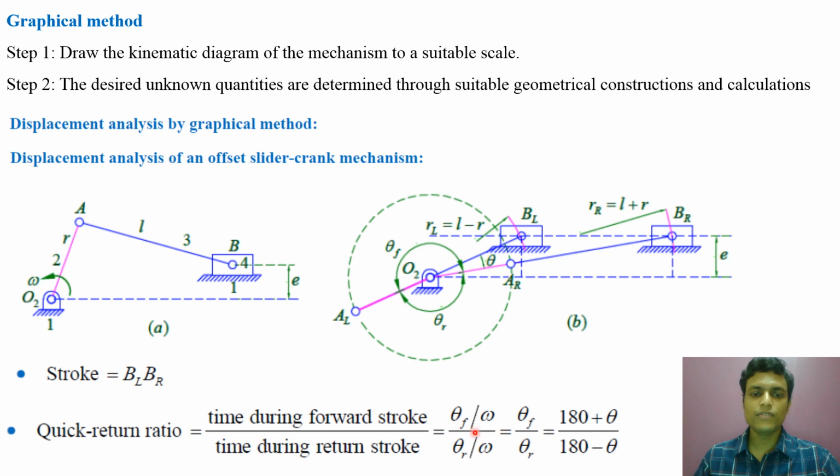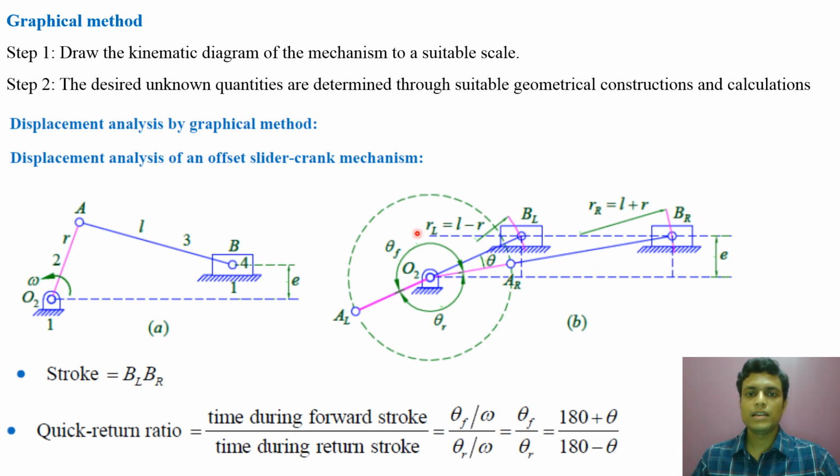So what is the time during forward stroke? The crank moves by an angle theta F. So the time taken by the crank is theta F by omega, if omega is the speed of the crank, and the time during return stroke will be theta R by omega. So that is nothing but theta F by theta R. And if this angle BLO2AR is theta, then theta F is 180 plus theta and theta R is 180 minus theta. This theta can be determined very easily because E is known,